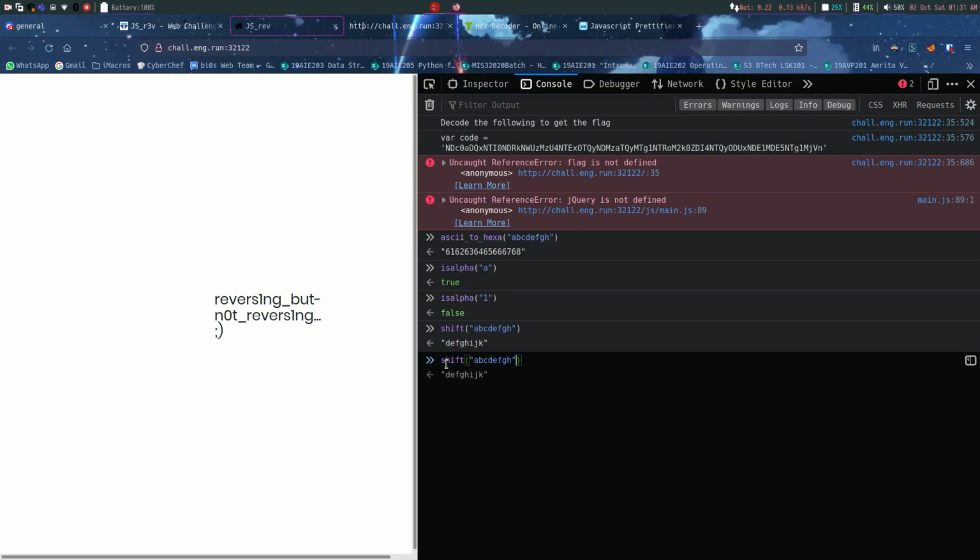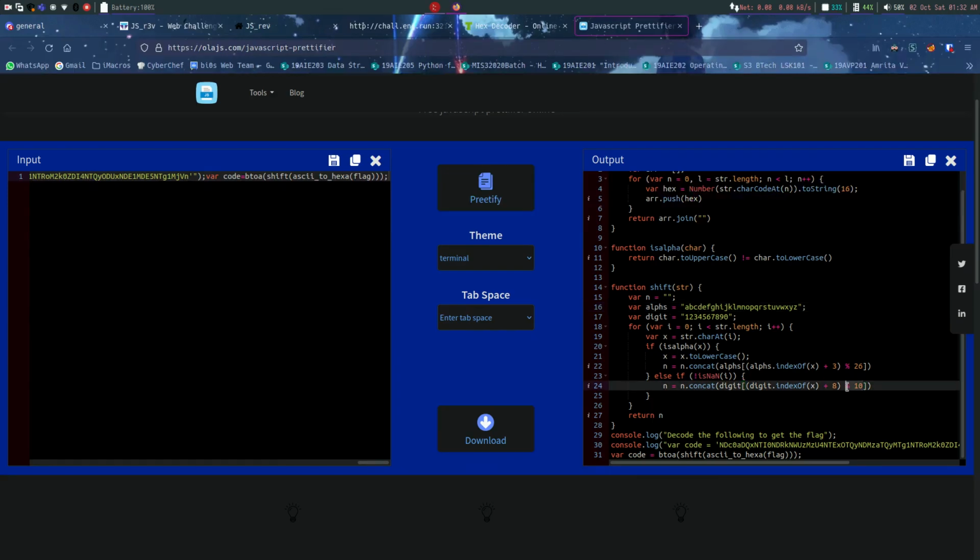And if we give numbers like 1 2 3 4 5 6, it is shifting each number by 8. It will add 8, and there is a modulus 10, so the number will always be less than 10.